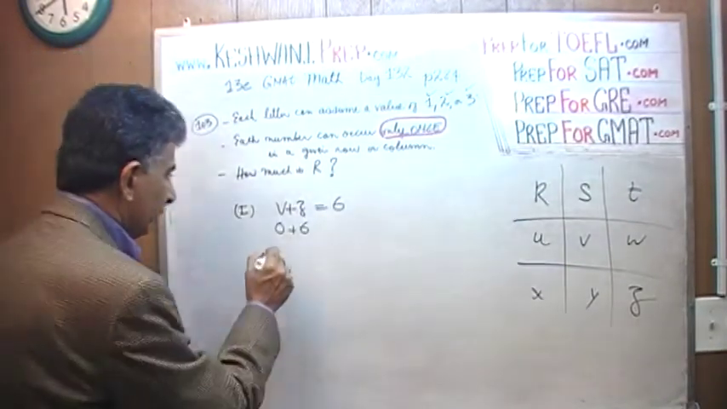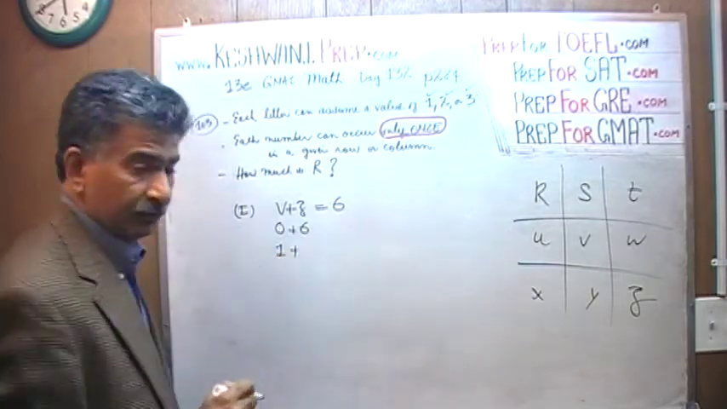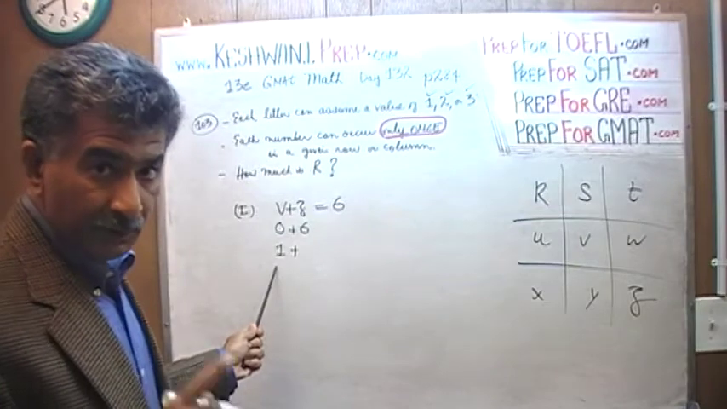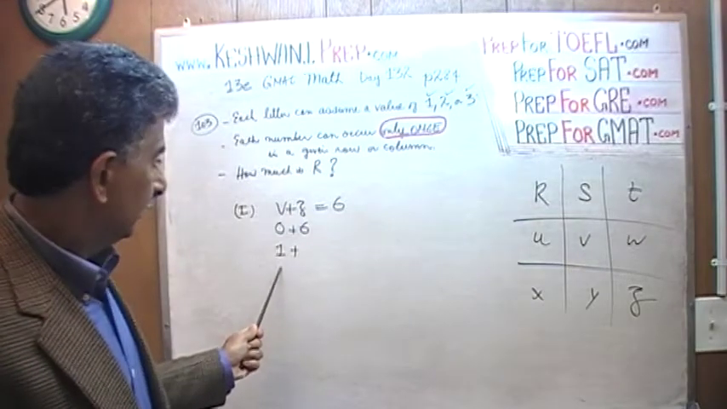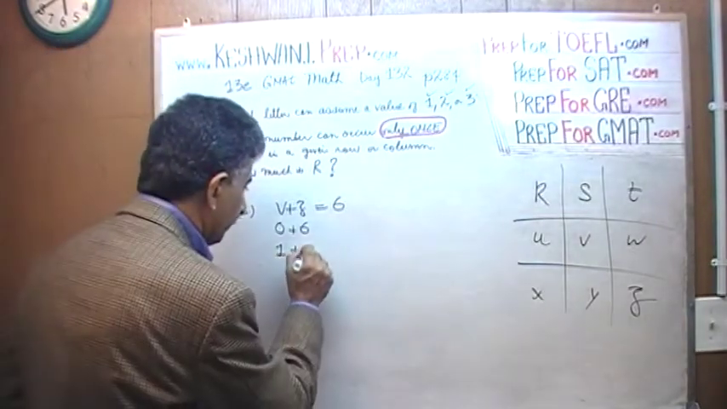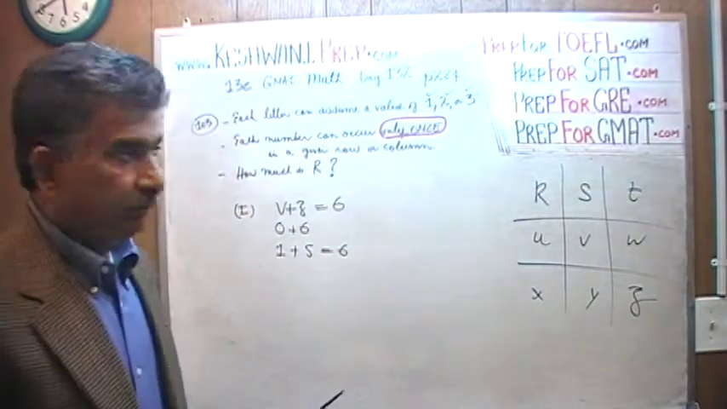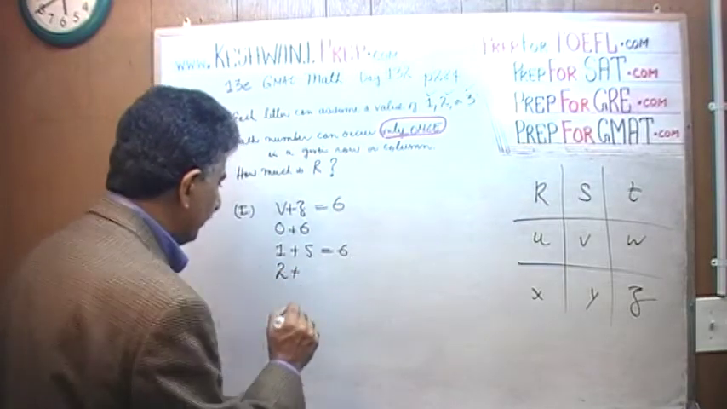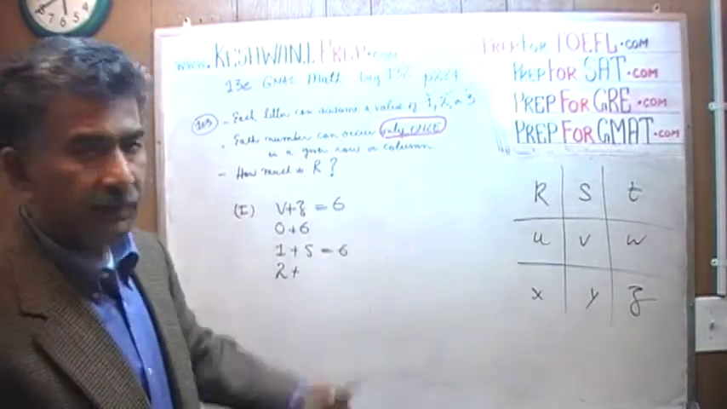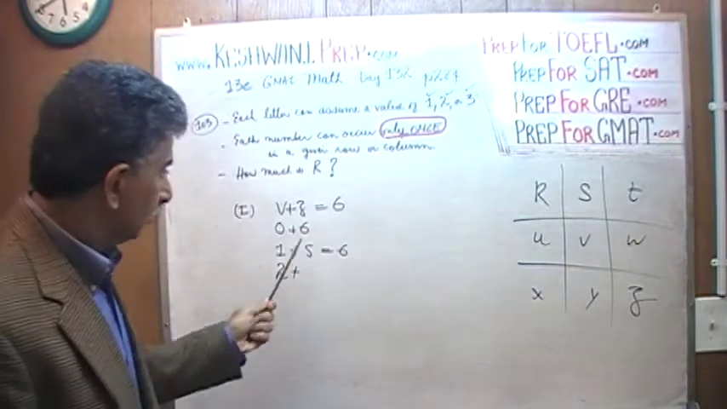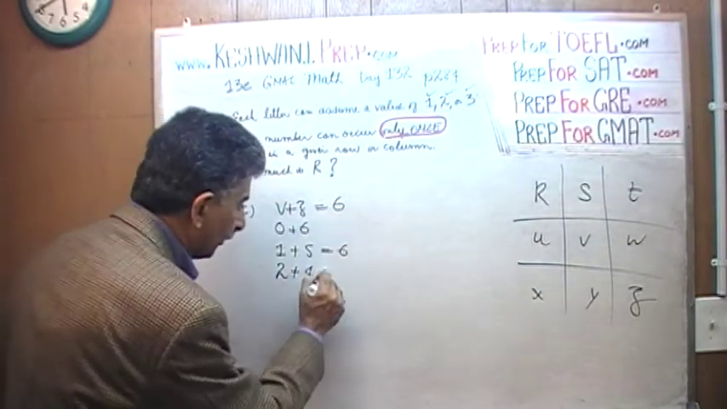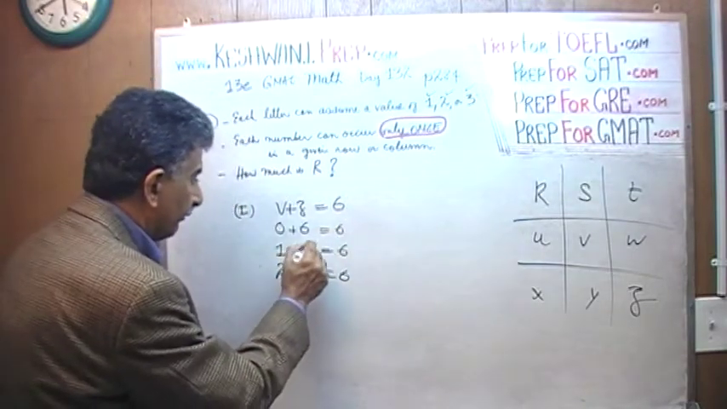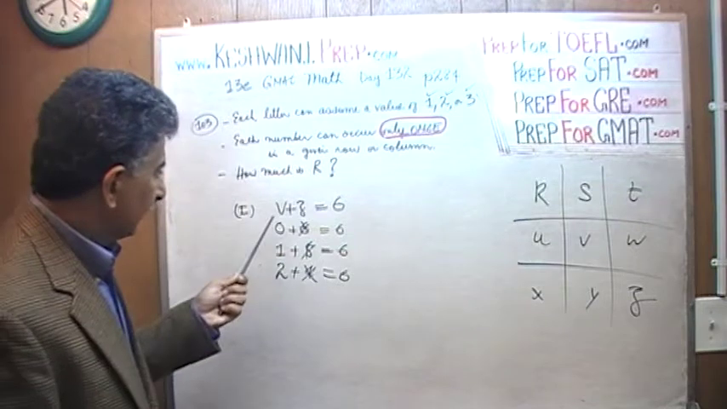So that's not possible. Is it possible for V to be 1? Yes, V can be 1 because we are allowed 1, 2, and 3. But then if V were 1, it's a hypothetical statement again, then Z would have to be 5, because we are told that their sum is 6. But we are not allowed 5, it's only 1, 2, and 3. So that's not possible. Is it possible for V to be 2? Why not? We are allowed 1, 2, and 3. Again, if V were 2, Z would end up being 4, because it has to add up to 6. Since we are not allowed 4, we are not allowed 5, we are not allowed 6, which means that